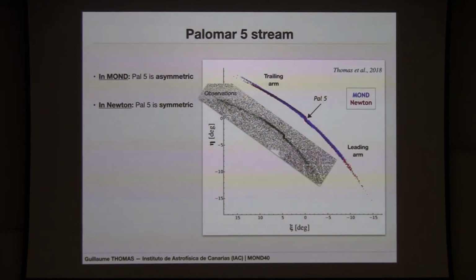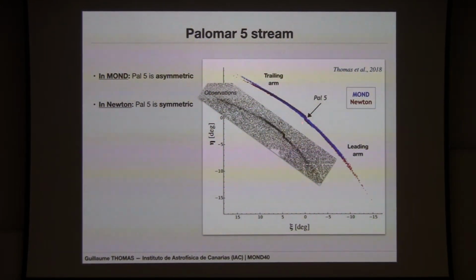And that's really interesting because when you do simulations of these stellar streams in Newtonian dynamics, which is indicated in red here, you see that the lengths of the arms are predicted to be almost symmetric, which is in general what you see in Newton. Obviously, that depends on the orbit of the cluster, but for Palomar 5, in that case, you expect to get something which is completely symmetric. Whereas, when you do the exact same simulation with the same progenitors in MOND, you see that the stellar stream is asymmetric with exactly the same order as seen in the observations. So, in conclusion, in MOND, you can see that a stellar stream can be asymmetric, which is not the case in Newton, at least for the stellar streams.